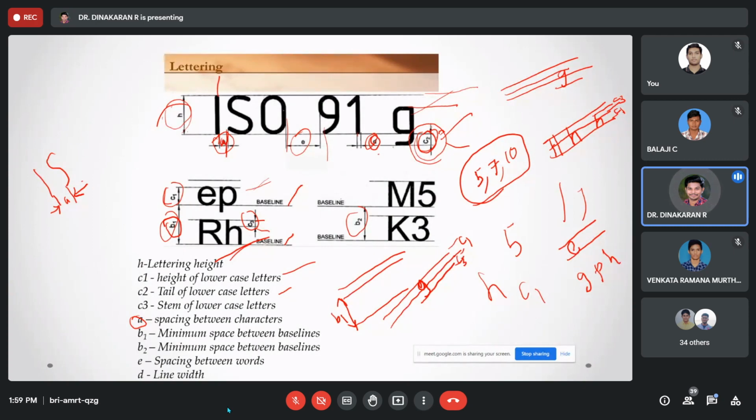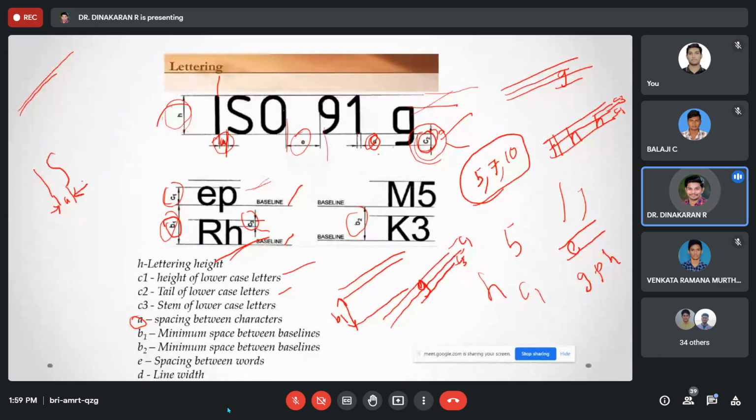When writing continuously in the test, you can't measure the D value and then write. The line thickness is an approximation thickness only. Don't worry about the thickness. Whatever your writing thickness, you can write it by approximation. Don't worry about the thickness. Once again, I am telling you.